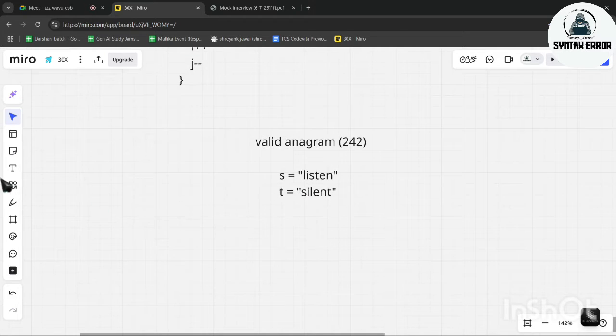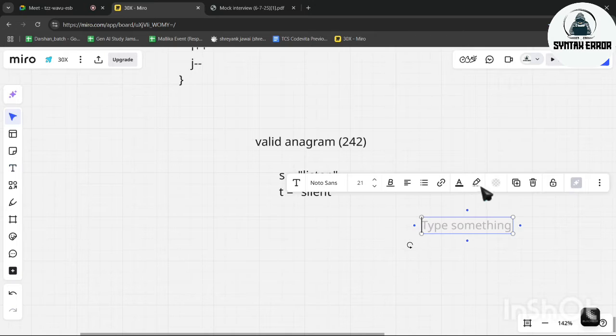So how we will do it: the first condition to check if it is a valid anagram is that the size of both strings should be equal, right? If the size is not equal, then obviously one or the other character does not have the same frequency. That is the best trick to identify. So we will eliminate most of the wrong cases by writing that.